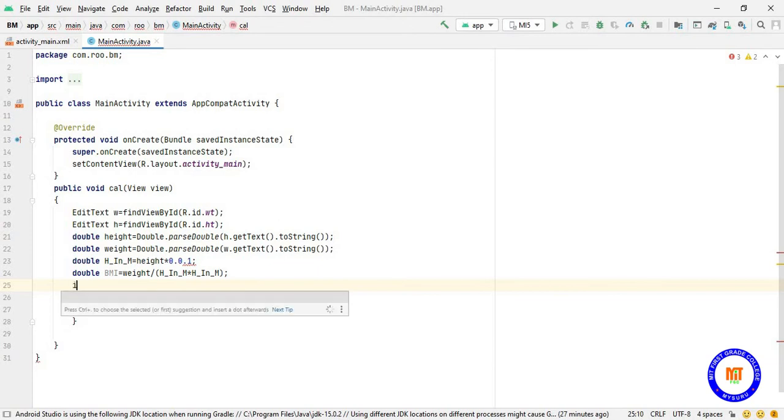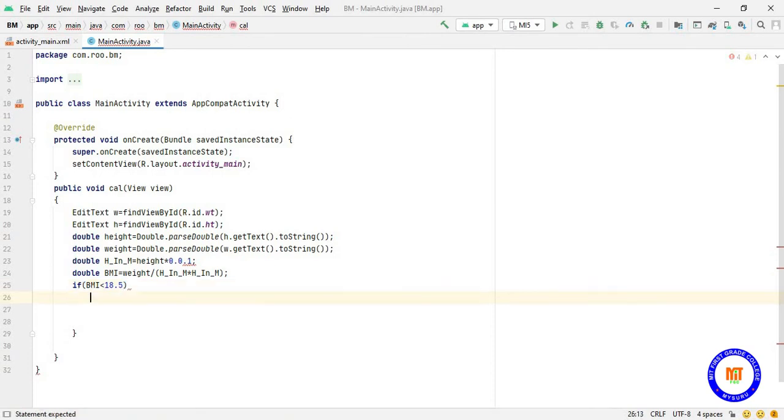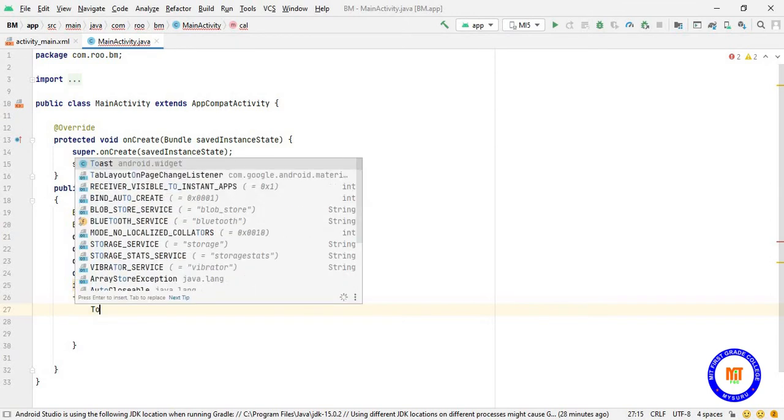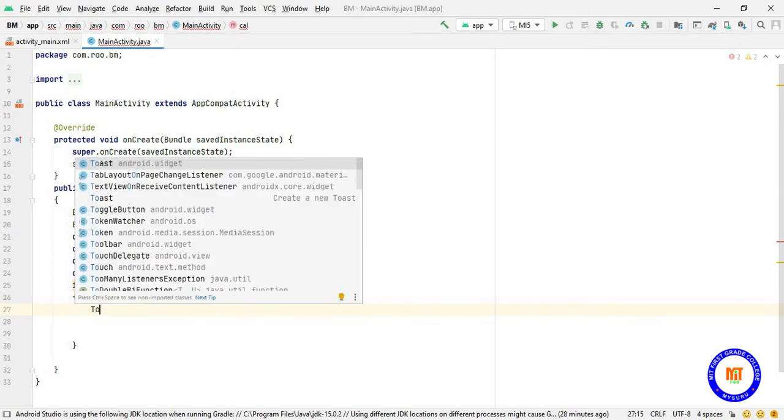For that I'll be using if condition. If BMI is less than 18.5, then I'll use toast for displaying the message.